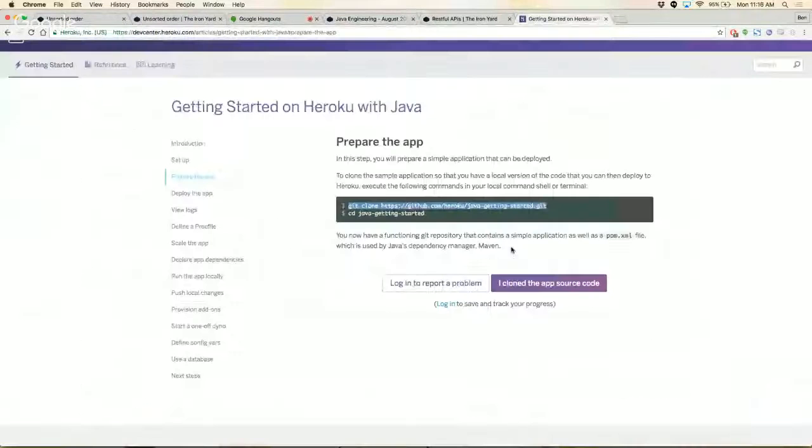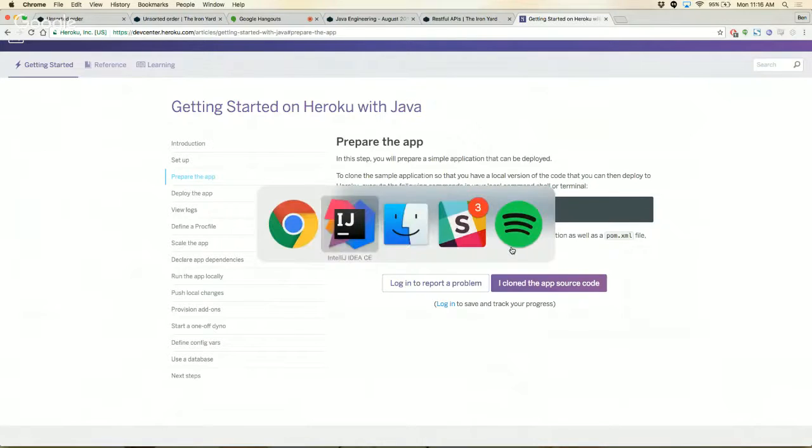So just copy the code from the Heroku's Getting Started on Java because it gives you a nice boilerplate beginning of a solution that works with Heroku already. To go through these steps, we did this on Friday, but to go through these steps manually to get a good feel for how you would set up a Java app on Heroku. But for time's sake, we're just going to do